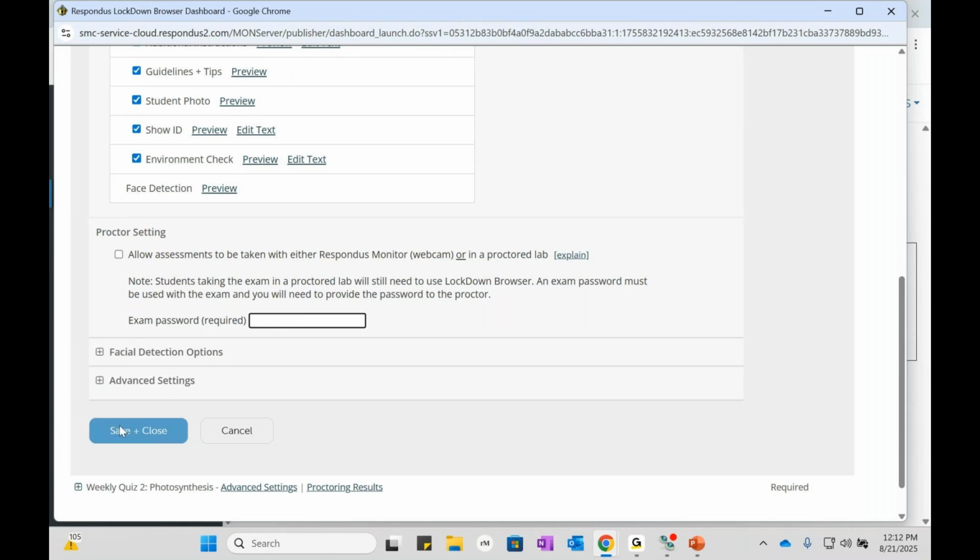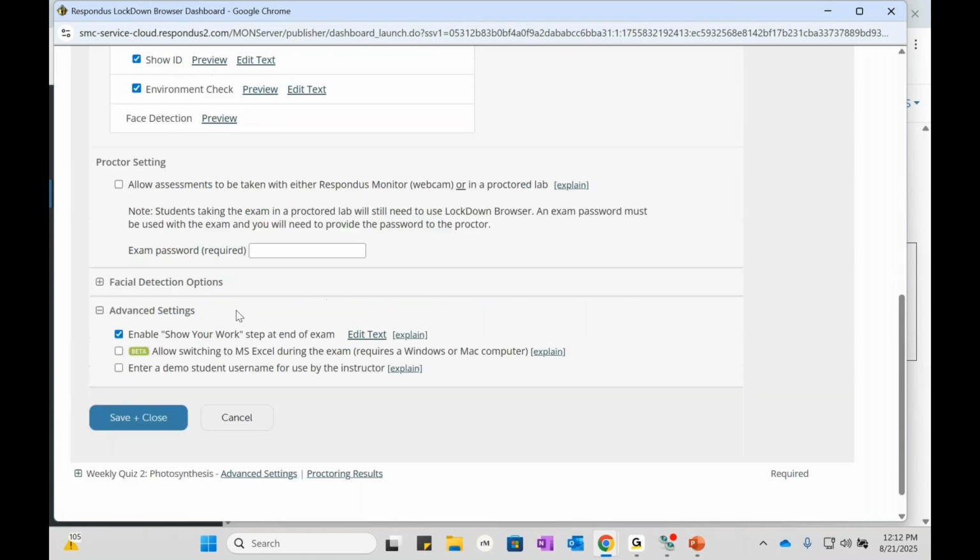Now, a few helpful newer settings here under advanced settings include the ability to require students to take photos of any handwritten work. So the show your work feature here can capture up to 20 photos full size after an exam that required Respondus Monitor. And I do have a few examples of this that I'll show you here soon. And then this new setting here